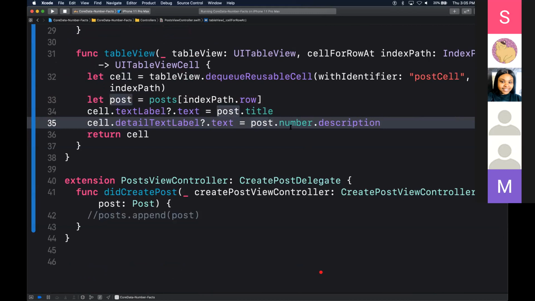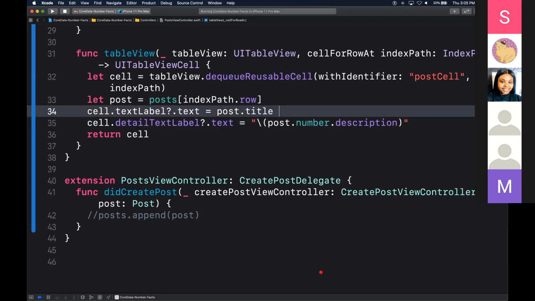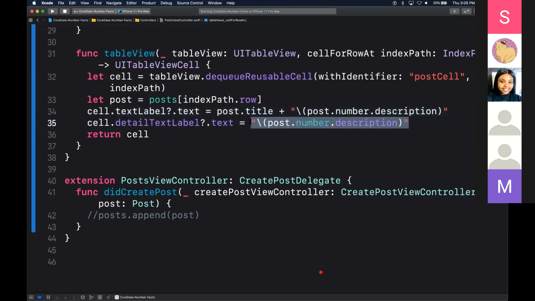A nice to have too, we could actually have the username. So let's make this entire thing a string and interpolate that string. So here you have the post number. You have the post title. Let's keep the post number and the post title together. You could do this. And then here for the detail, we'll just say by the person. So posted by,